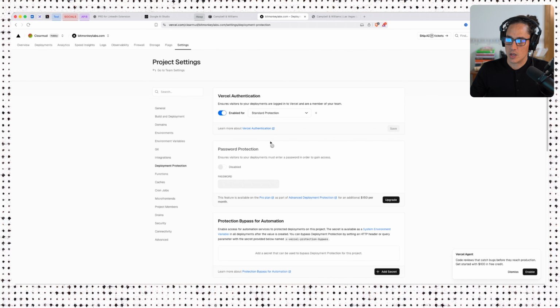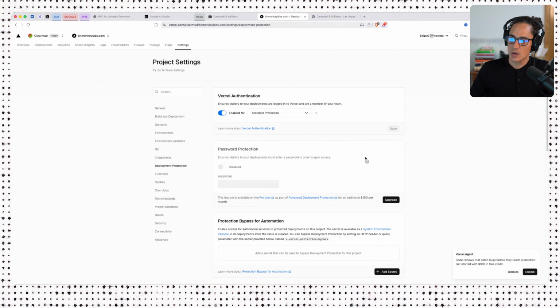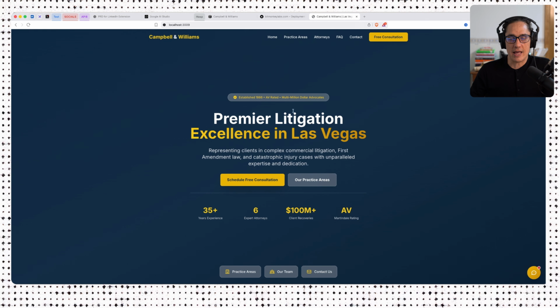Deployment protection. This is where you do, looks like you have to upgrade. That's a bummer. Okay. Well, yeah. So we would have to find a free alternative, but chances are if you're a vibe coder, you're using Vercel to deploy, it's pretty simple. It's seamless. This is where you enable a password protection, and then you reach out to that potential client and say,